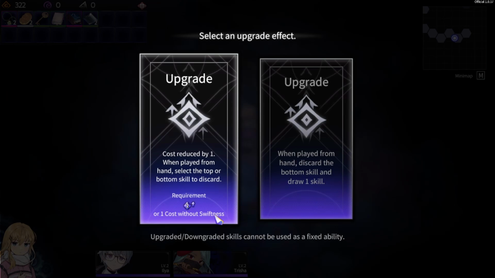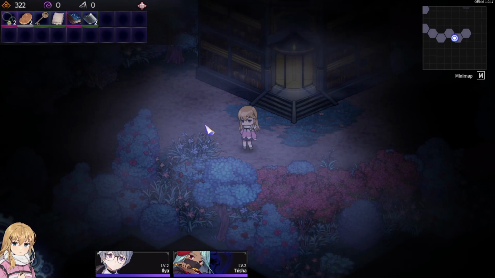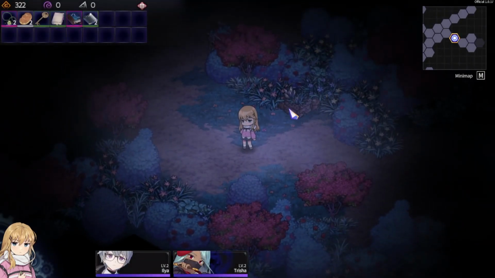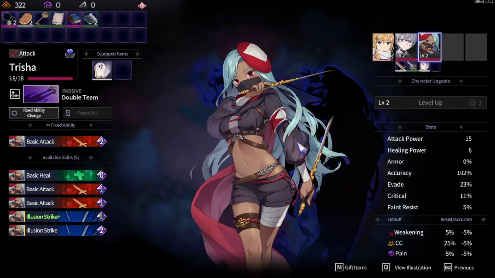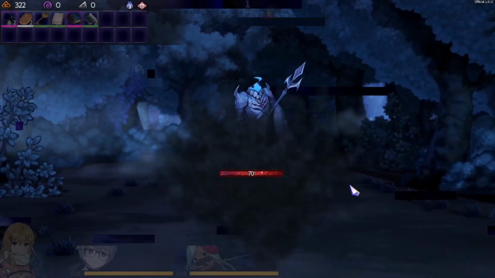Sure. Select top or bottom skill to be discarded. I'm gonna put that on one of the Illusion Strikes, which is certainly going to be really handy, and the remaining vodka will be saved for a different occasion. Certainly. Now let me just quickly forget one of the healing skills on each of them, and that should already do the trick. And we just need to take care of the Cerberus really quickly and be on our...